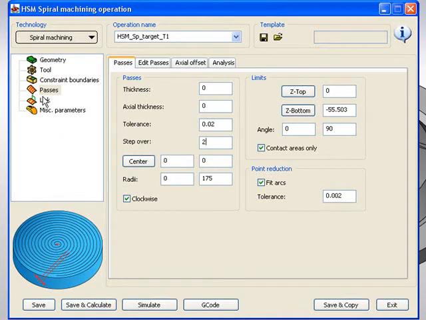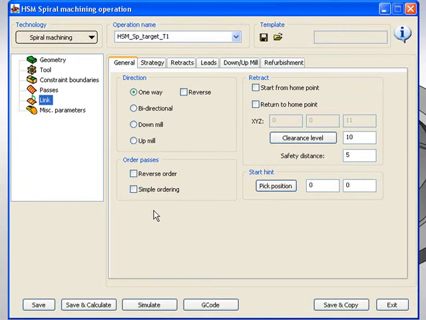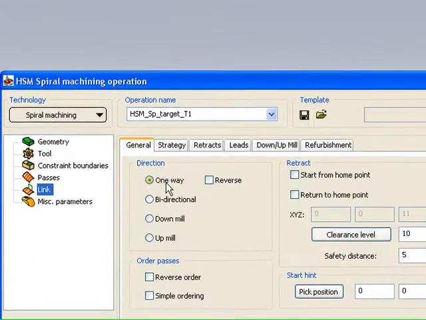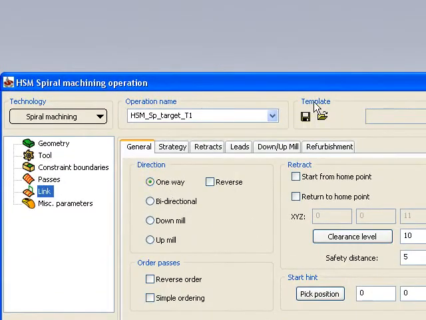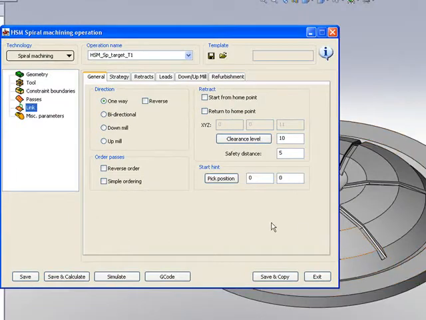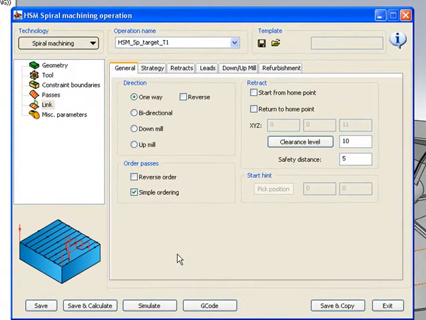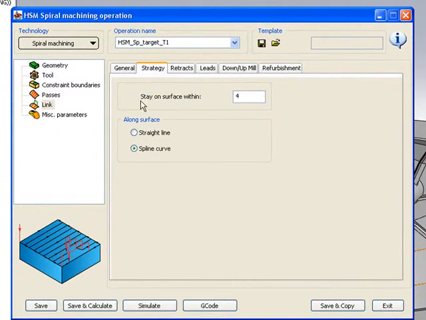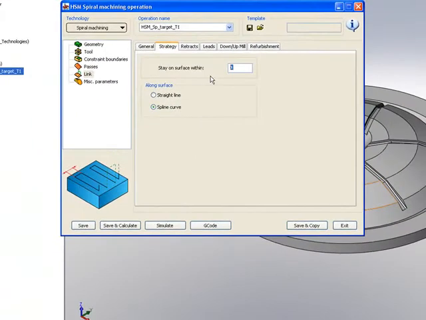Now let's go into my link area, and in my link area I want to use this time one way, and again because I want to jump over those areas smoothly, I'll first use my simple ordering option, and in my strategy I want to make my stay on surface within bigger than 4, so I'll use a value of 15 millimeters. If I do save and calculate now,